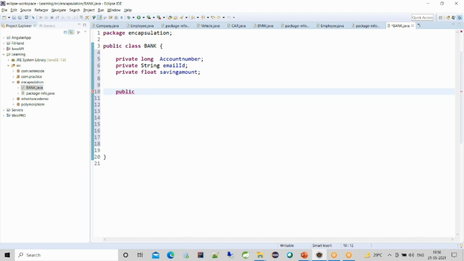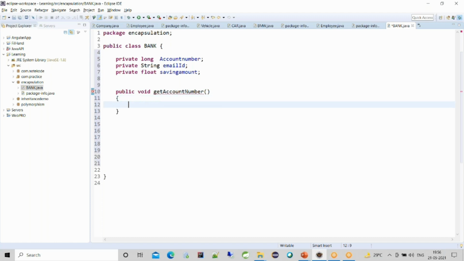So for the getter method, I'm saying public long getAccountNumber, and it will return accountNumber.